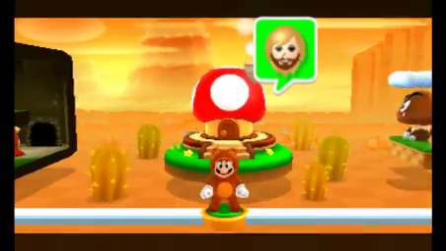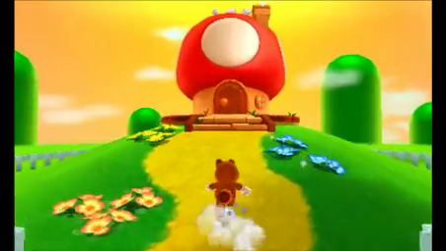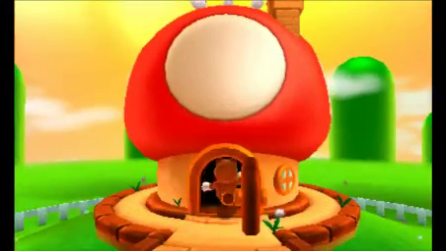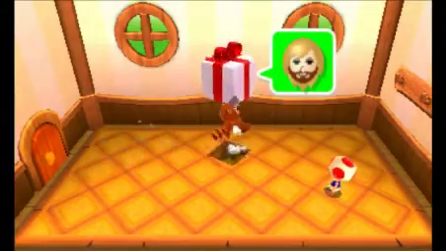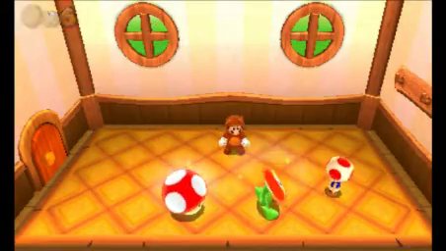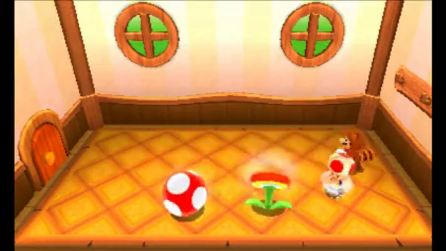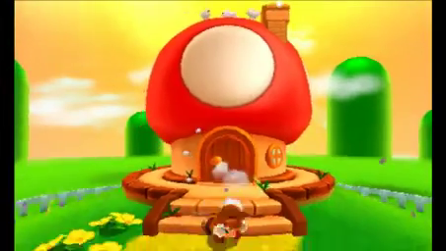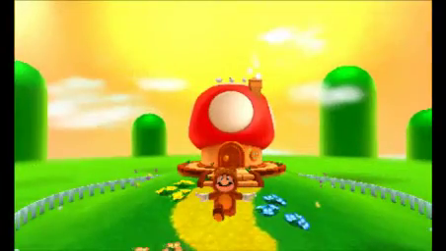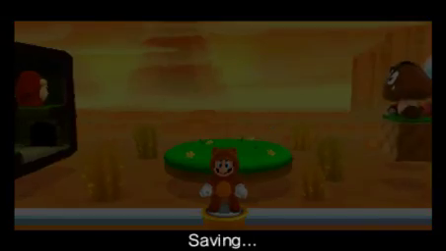Ooh, a StreetPass house. Interesting. So we got a Toad House to appear through a StreetPass. Oh, StreetPass, we missed you. Except we don't miss you anymore because those power-ups are useless. Die, Toad! Saving...